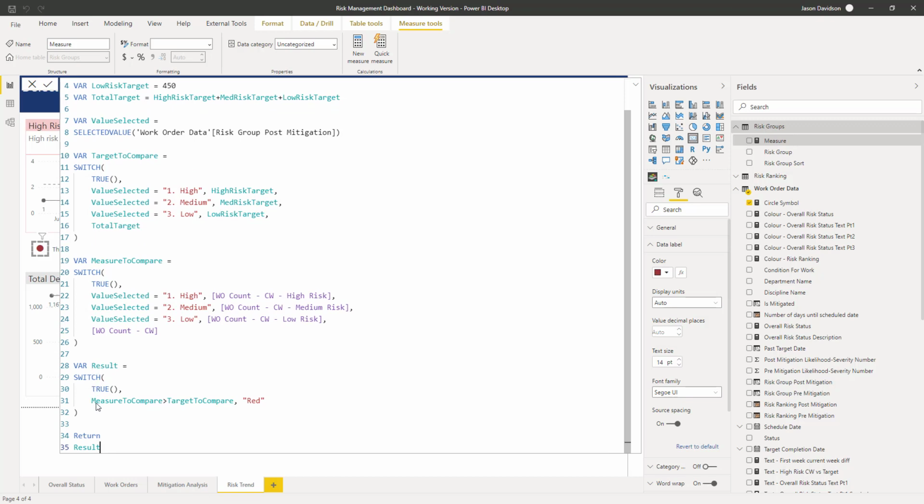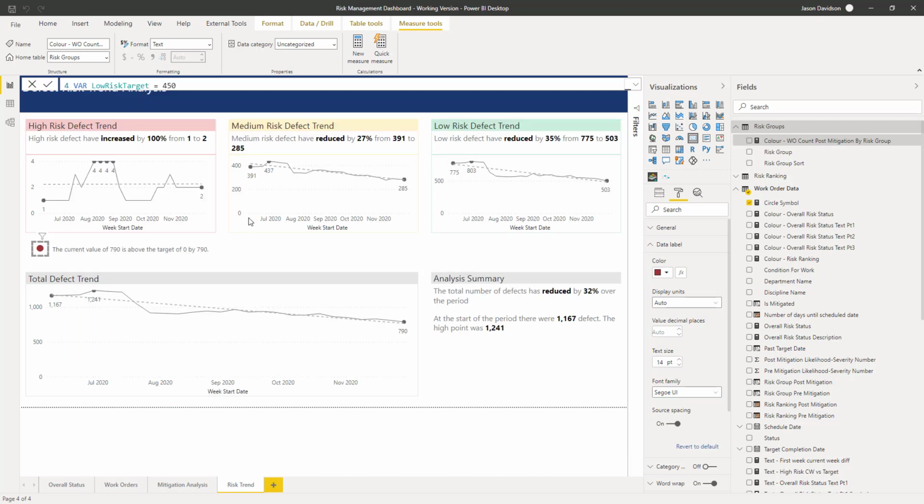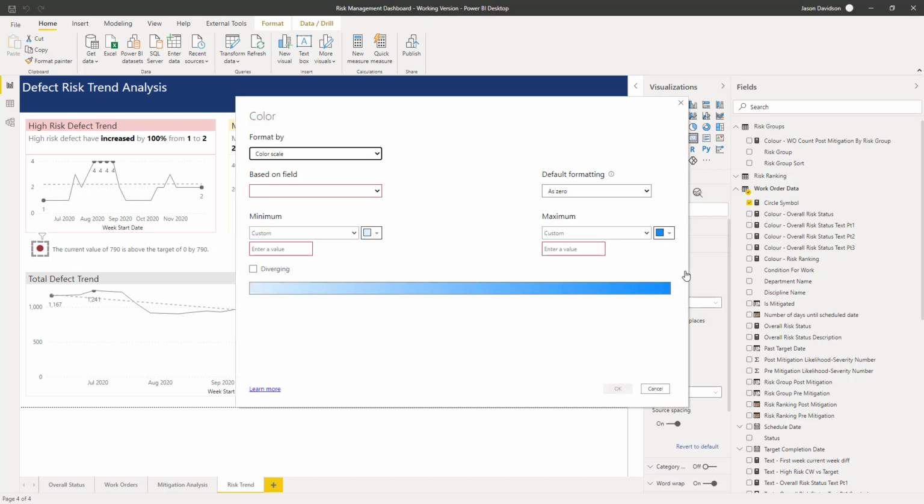So the result is basically saying if the measure to compare is greater than the target to compare, then it's red. If it's equal, we'll assume that it's black, and it's not going to apply any conditional formatting. So let's just add that in, and we'll minimize this, and we'll go into our conditional formatting here, and we will go and select field value,